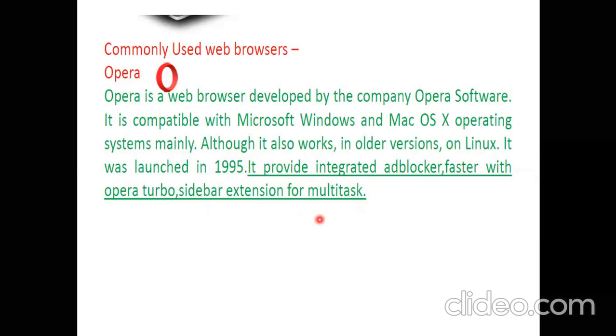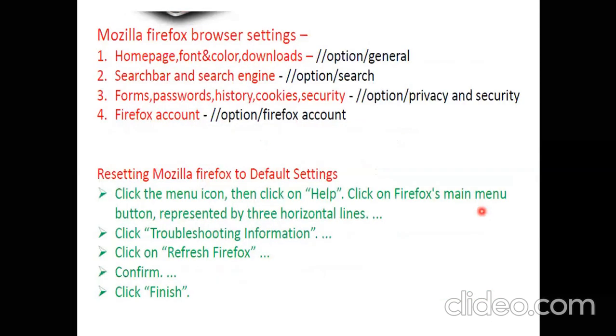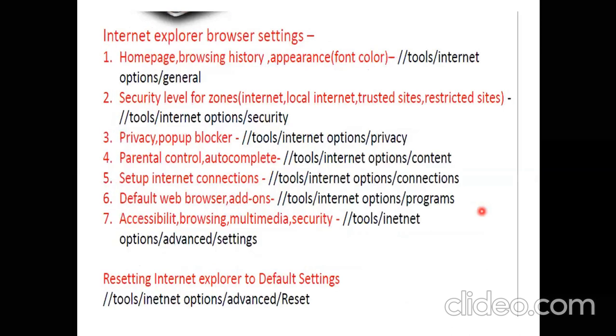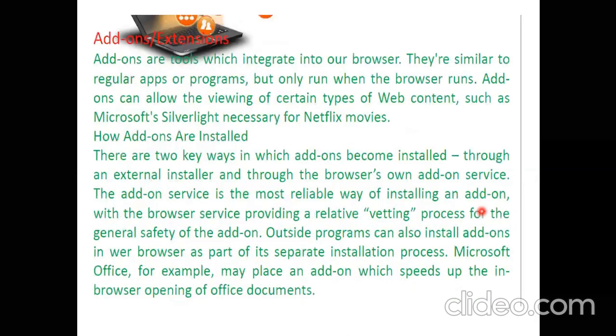So these were some of the web browsers. Now coming on to the web browser settings, which is for you to explore, if you want to do any of the things in the Chrome browser, you can do it in this form. So this is just up to you, how to explore your browsers, whatever browser you are using. For your help, the things required for browser settings are listed here. So there is Opera, Internet Explorer, Mozilla Firefox, and Google Chrome.